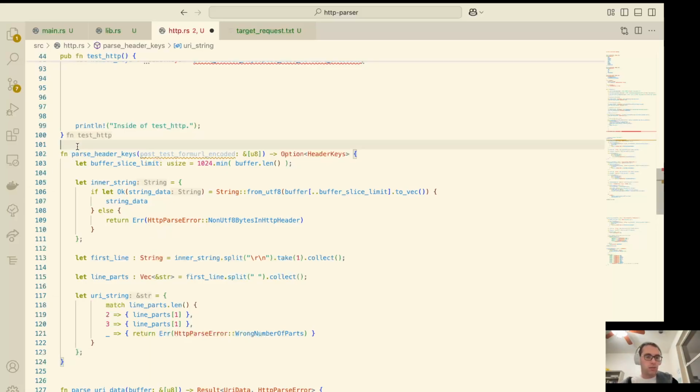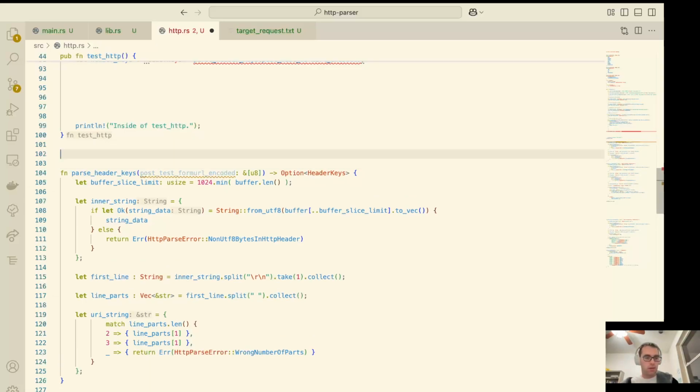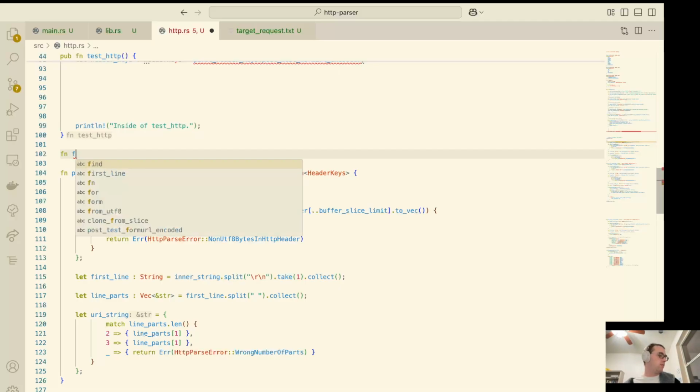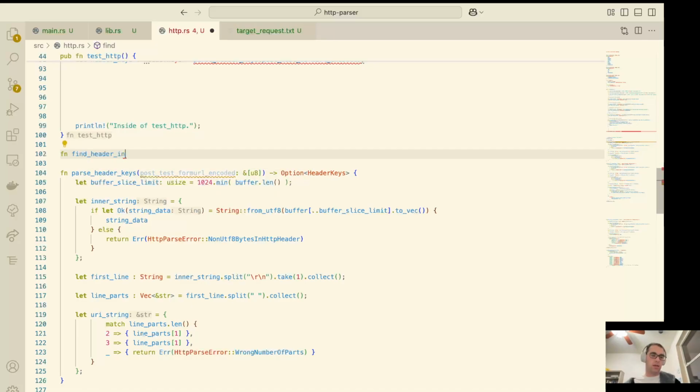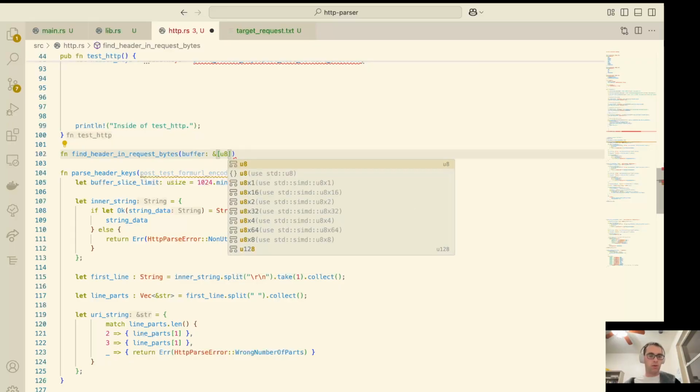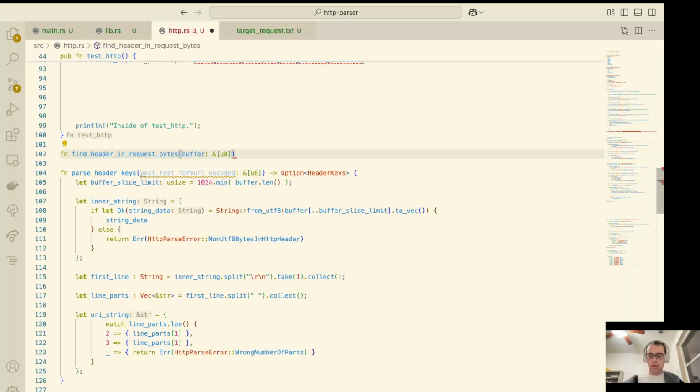So let's go ahead and just make a different function to get the header out. So let's say, maybe let's call it find header in request bytes. Cool. And we're going to call this buffer, do ampersand. We want a reference to an array of bytes. And we're going to return